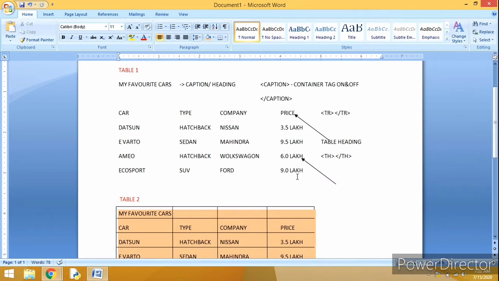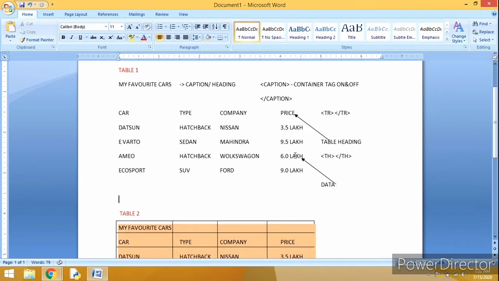What we are saying, Datsun, hatchback, Nissan, 3.5 lakh, this is the data of your table. So table data is created with a tag. The tag for table data is td. Again this td is also a container tag. Are you getting it?